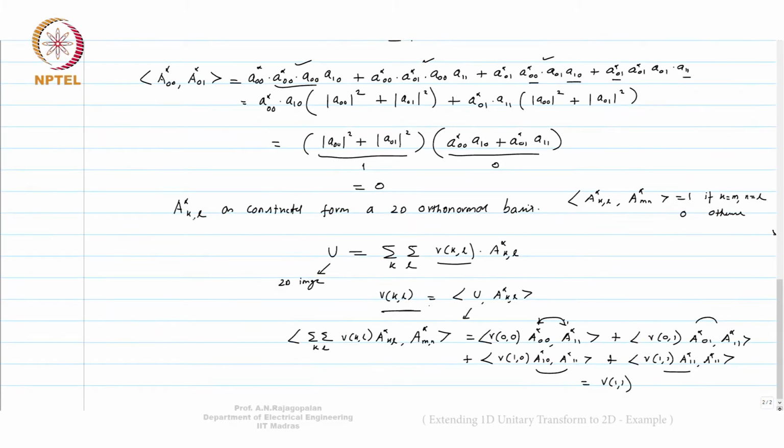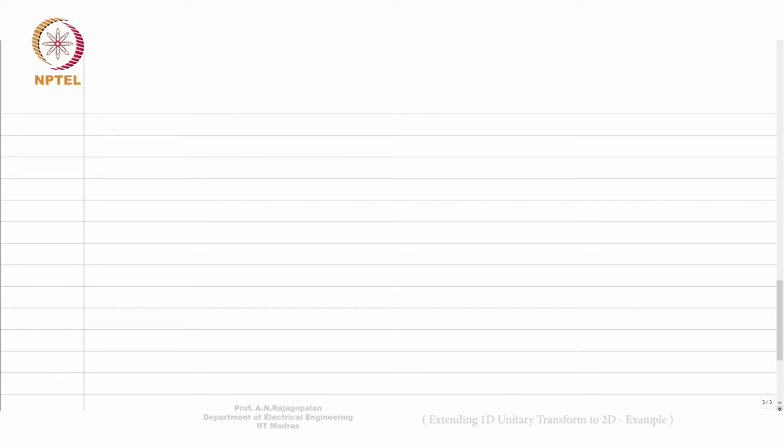Let me just take one example, just to make matters a little more clear, and then we will go to the next level. Let me just look at one example. This is a very simple example, but it helps to make matters clear. So what it says is, let a 1D unitary transform be given by